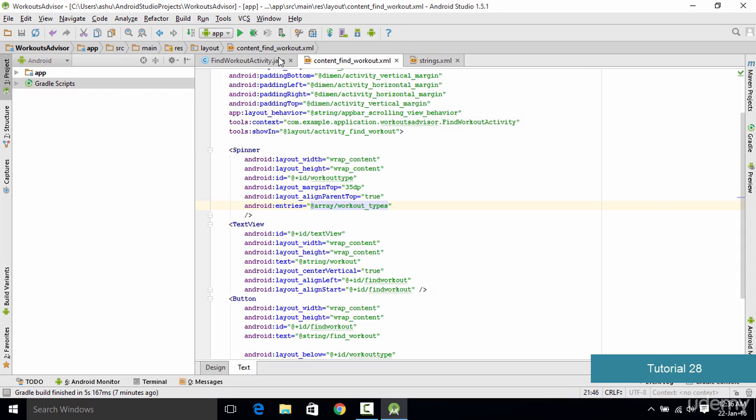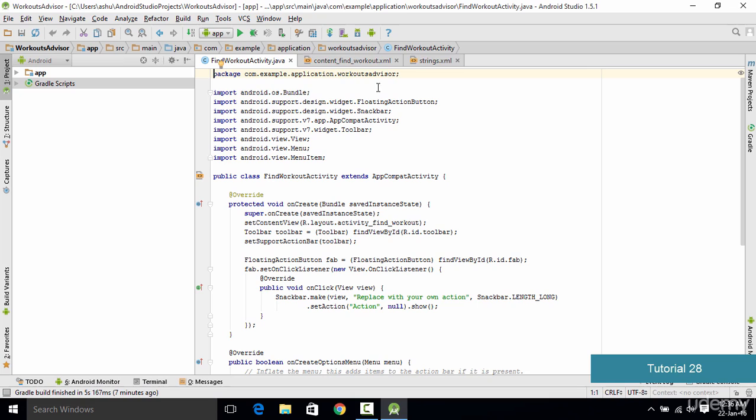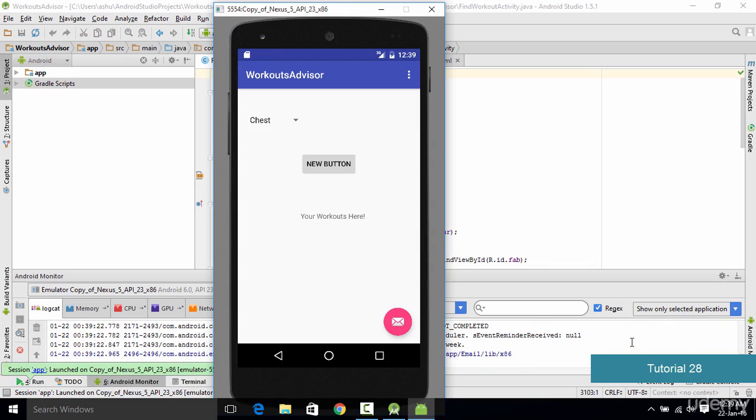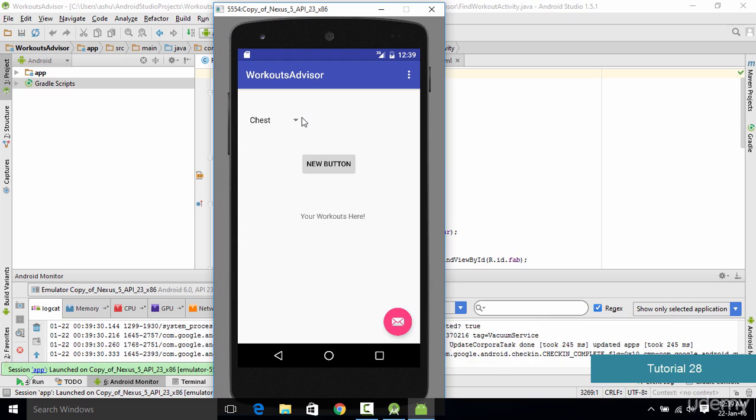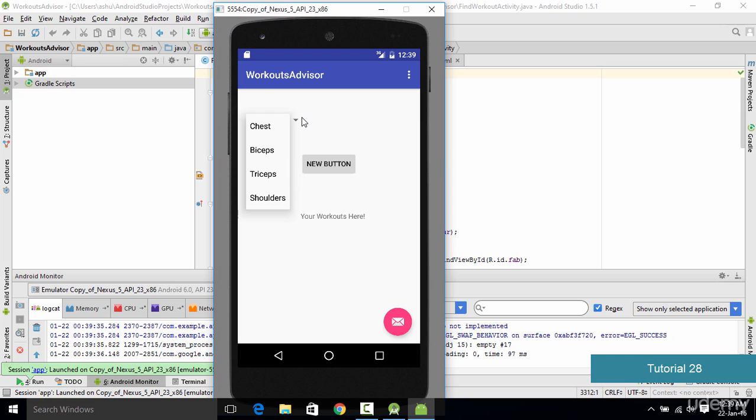Now to check if our items have been added to the spinner, we simply save the code and execute our application on the emulator. As you could see, our application is up and running on the emulator, and this time the spinner has some elements. By default it selects the first element, which is chest, and if we click this button right here, it displays a set of options for us to choose from. If we select biceps and hit this button,